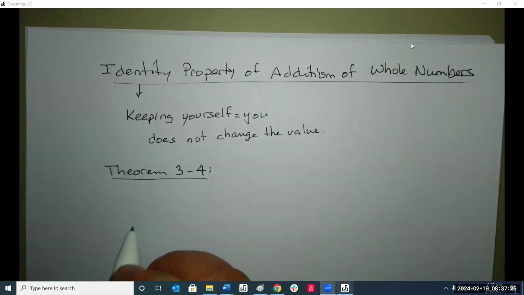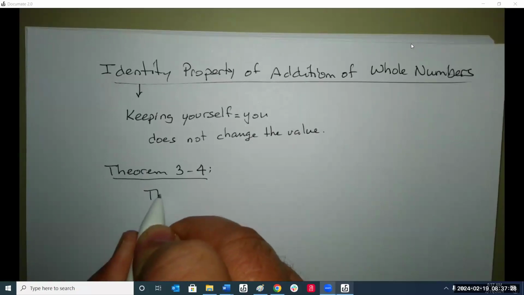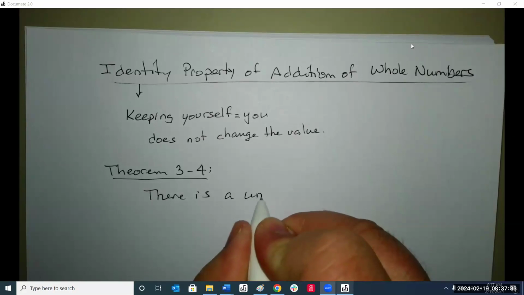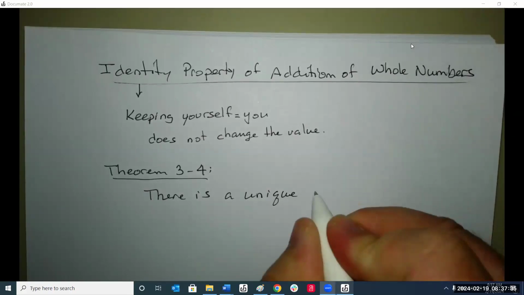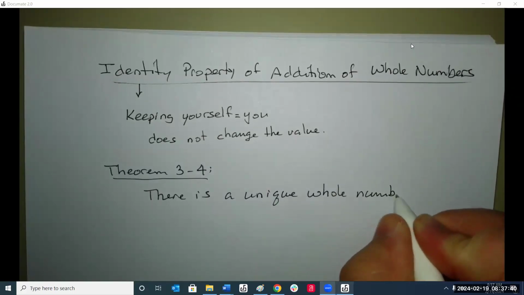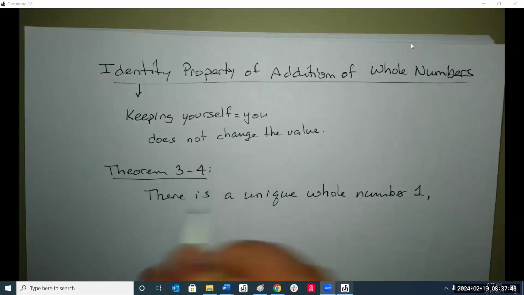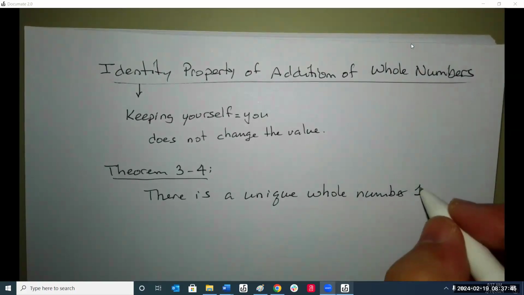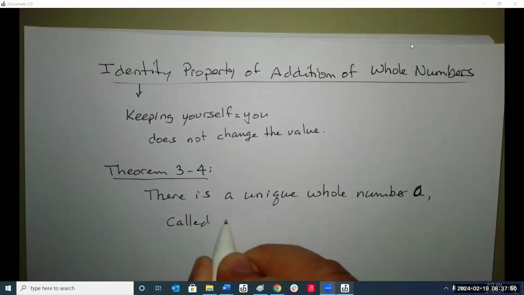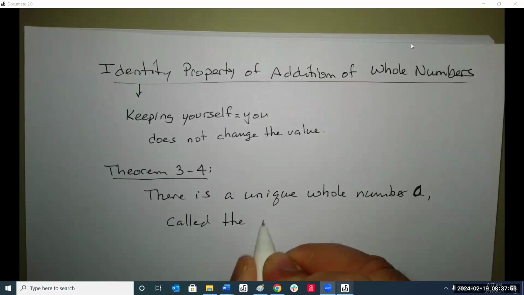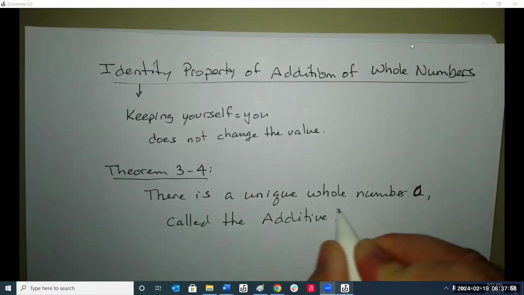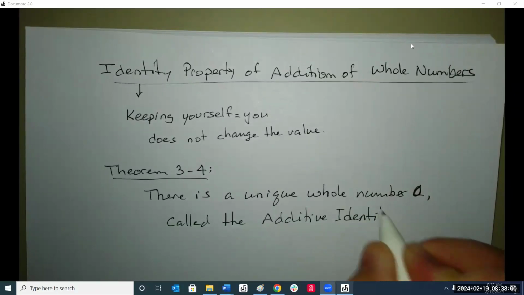So the identity property of addition says there is a unique whole number, 0, called the additive identity,